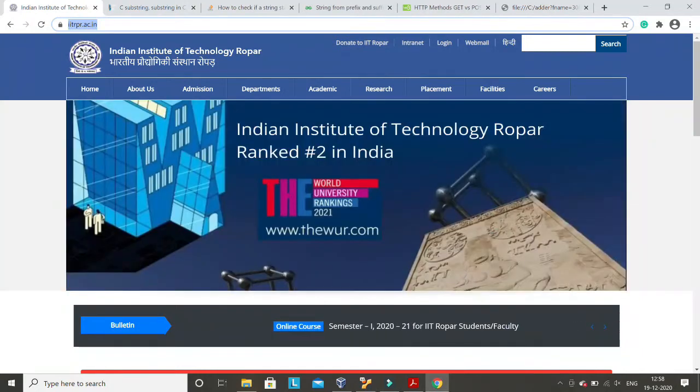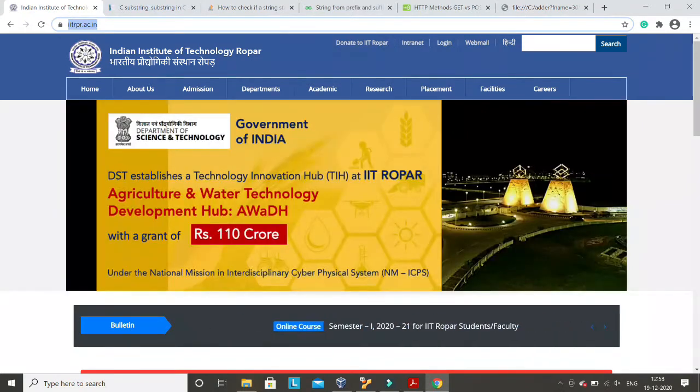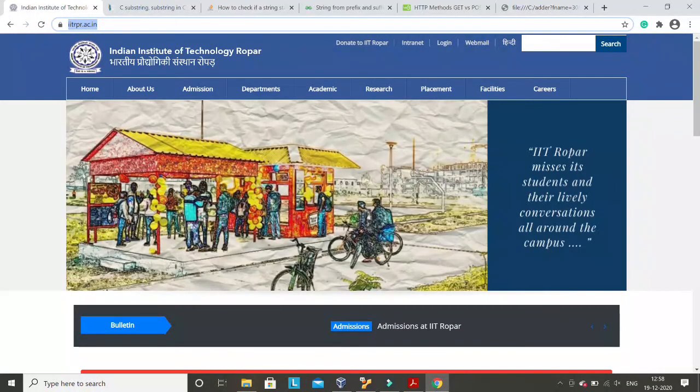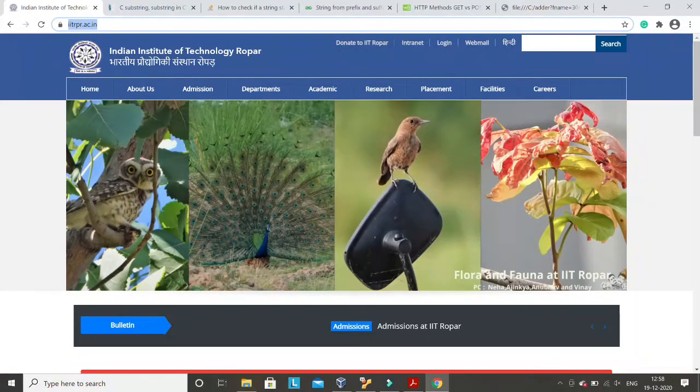In that response, there is a response header for HTTP, and after the response header, the actual response content will be there. In case of web services, most of the time the actual response content is an HTML file. So when our IIT server is sending us a response, that response has an HTTP response header, and after this response header, there will be the actual content. That content is actually HTML content.